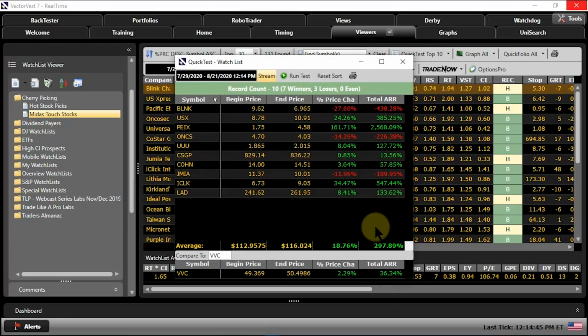So there's some explosiveness in this list, guys, and in particular that PEIX, right? But also iClick and so on. This group of stocks is up 18% from the last primary wave up call to the current time, which has not been the best part of this run off the bottom, right? I mean, things have really slowed down significantly. Up 18, the market's only up 2.25 over the same time frame, so well outperforming market action,